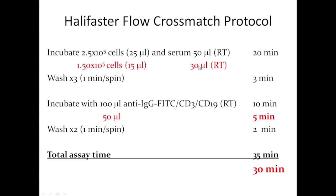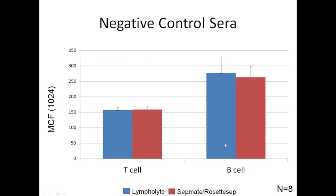lymphocytes and corresponding volumes of serum. Because we are using fewer cells, we also decreased the amount of cocktail, which saves a little bit of money per reaction, and we decreased the secondary antibody incubation time to 5 minutes from 10 minutes. So now the total assay time is only 30 minutes, and I just quickly wanted to show you the preliminary